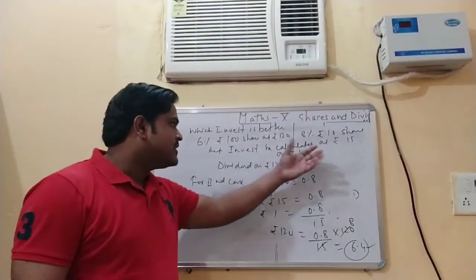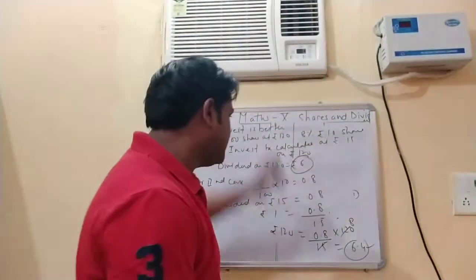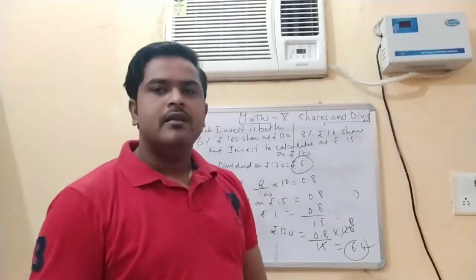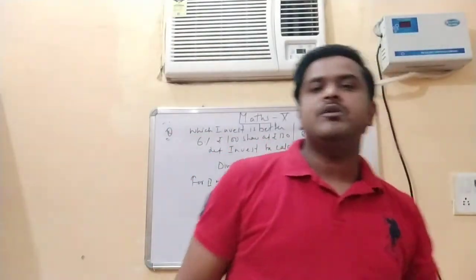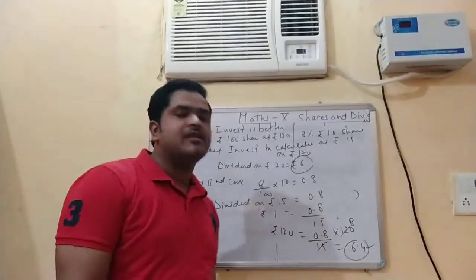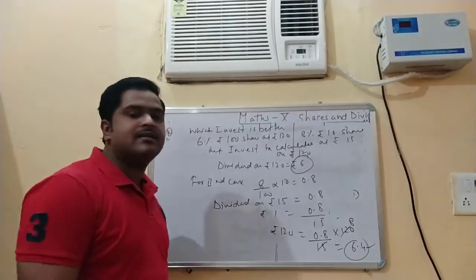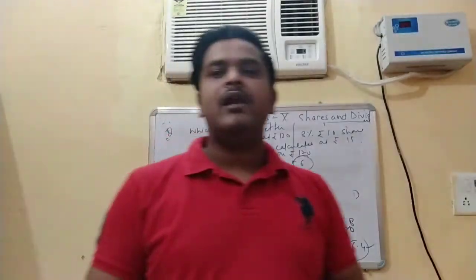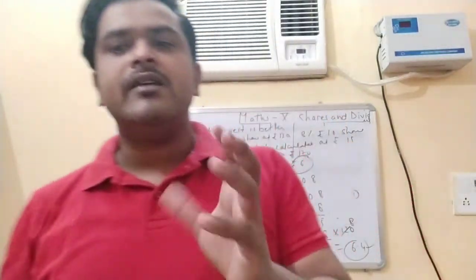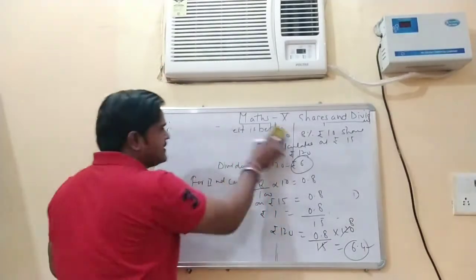So from my side, the second investment is better than the first one. So this is how you have to solve this type of question. One last question that I will be discussing today, and I hope now you can easily solve all the questions. That is the last question from the exercise, in which you have to calculate dividend, like investment is to be divided among two people. So I will discuss that question also.